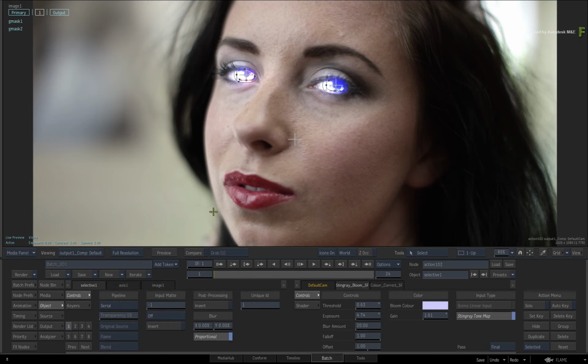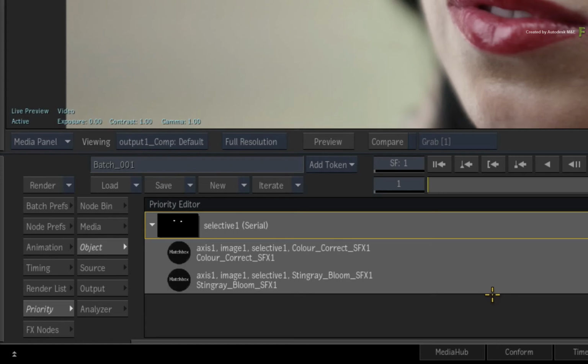Now let's say you wanted to experiment with the shaders to see the result the other way round. If you were doing this type of work in batch, you would be moving nodes around a bit and performing a few reconnections. With the selectives, just swipe down to display the priority editor. When any selectives are selected in action, the priority editor shows all the selectives, their processing order, as well as the processing order of all the shaders in each selective. This works from the bottom up. So the image is currently processed by selective 1, and the bloom shader is applied before the color correction shader.